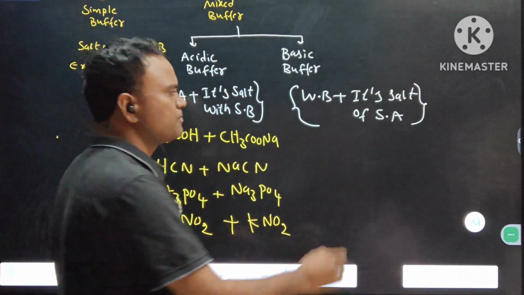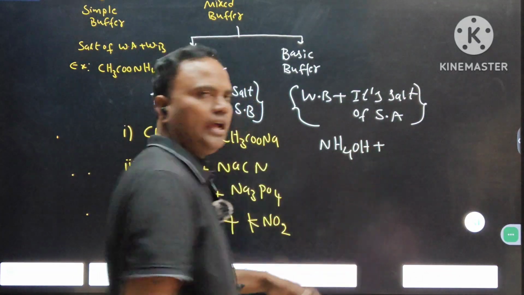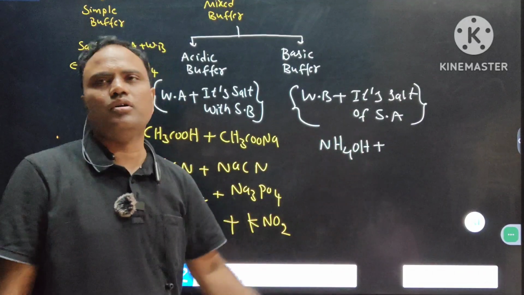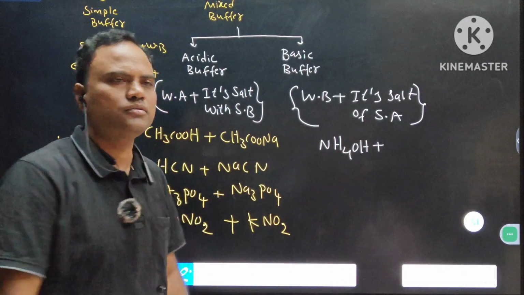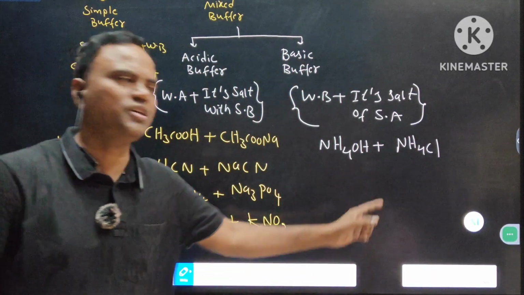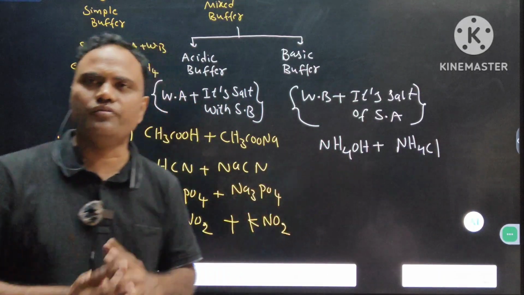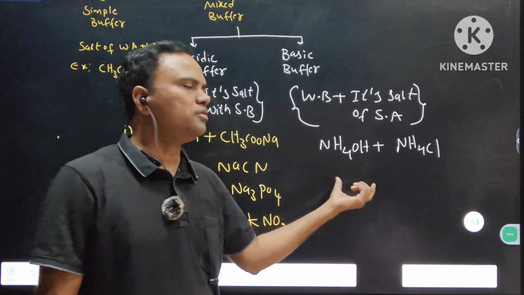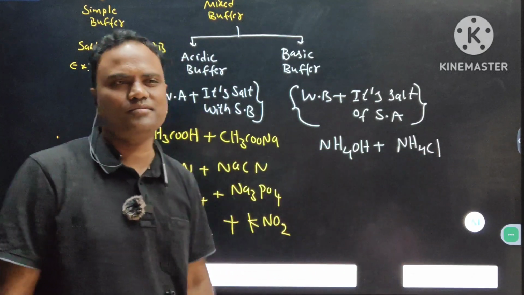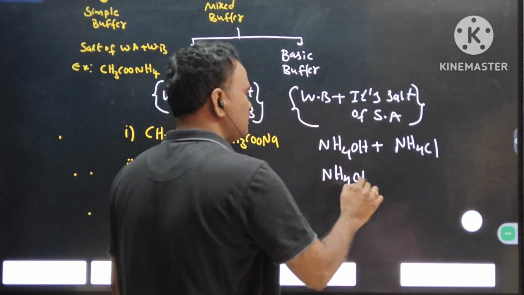Say one weak base, NH4OH, weak base, and it's a salt. You are taking weak base, na? So frame it's a salt. NH4Cl. NH4Cl is a salt of weak base and strong acid, right? So first you have to take weak base and you have to form one salt of that weak base with a strong acid. One another example, NH4OH and